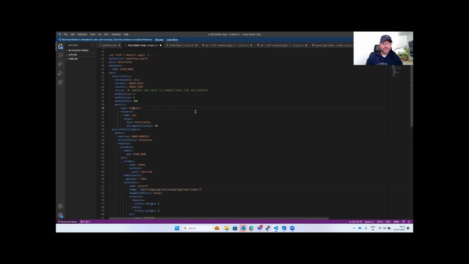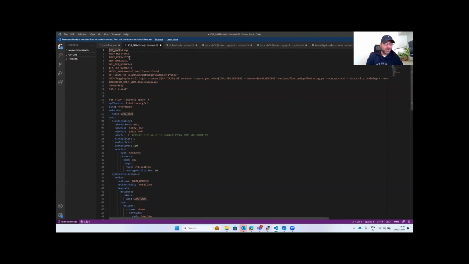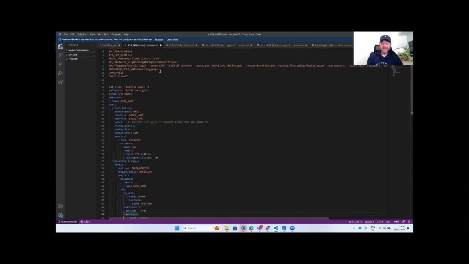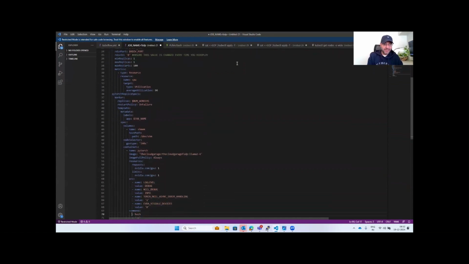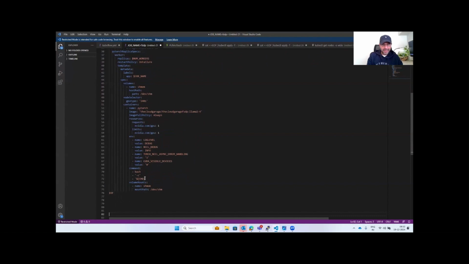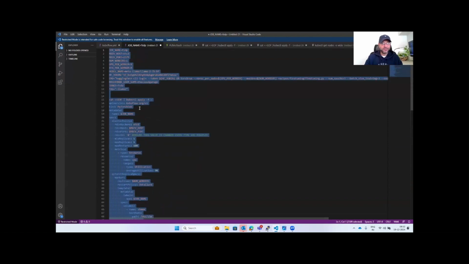So num workers, let me see here. Num workers is 1, GPU per worker is 1. And then the model is Llama 2 7 billion HF. And then CMD, whatever that is. That CMD we are supplying as a variable to the command that will be run inside the container when the container starts. And my GPU limits and requests are 1. So it's 1, 1, 1, 1 all the way, everything 1. Okay. Let's take this particular set of